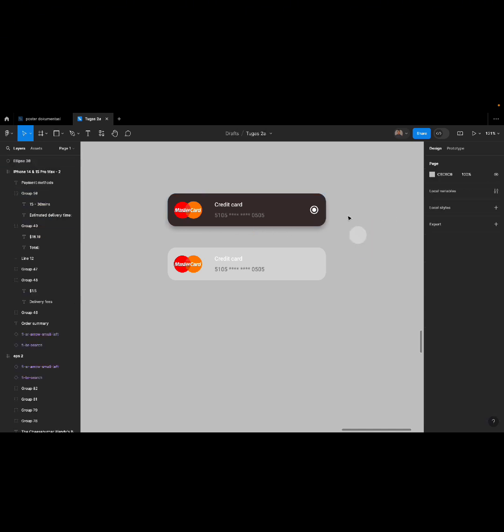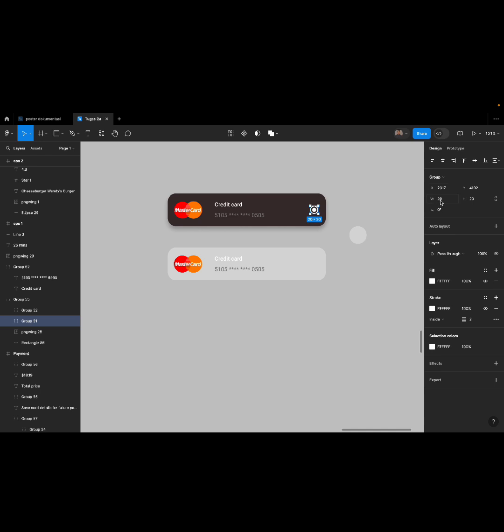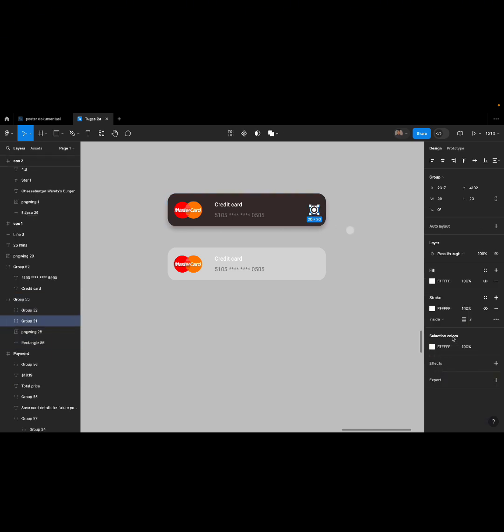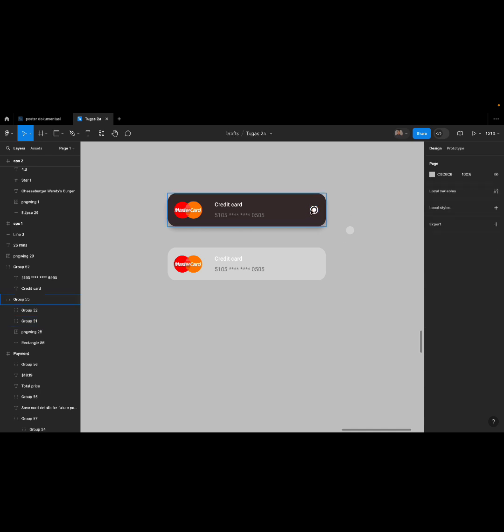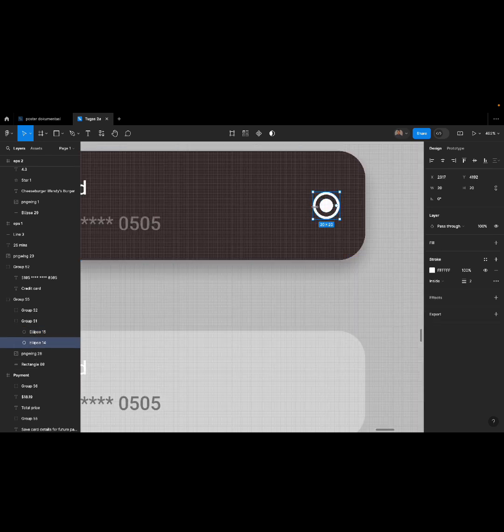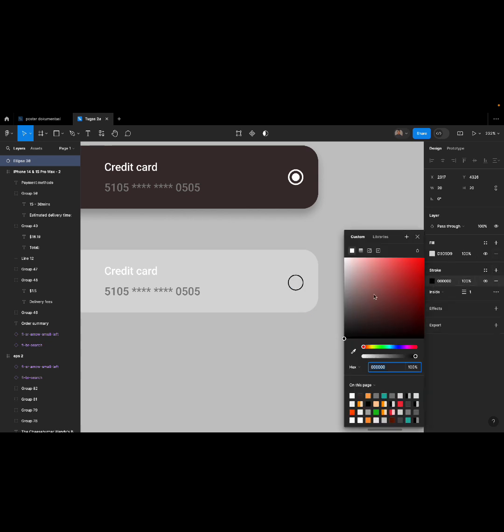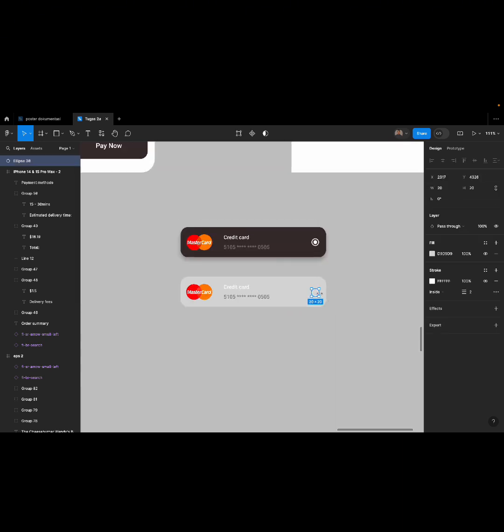Smash all and customize the size to 12, with the stroke is 2, and create the stroke with the size 2 like this.